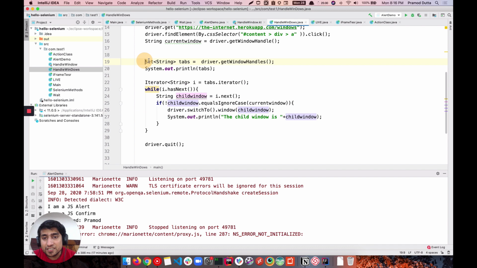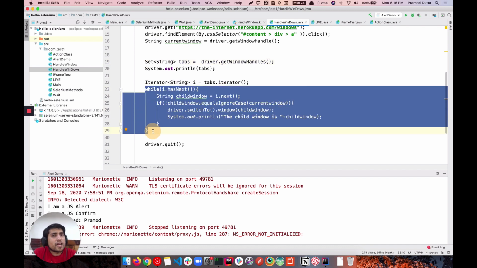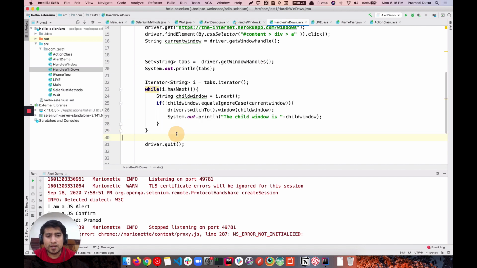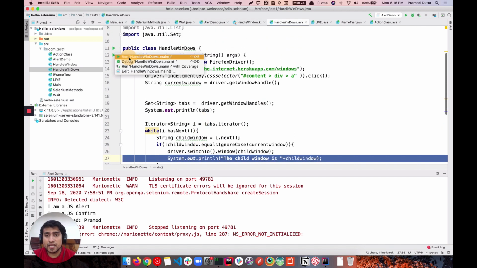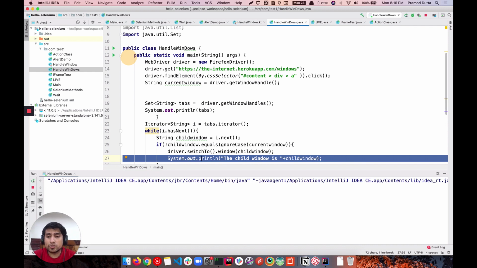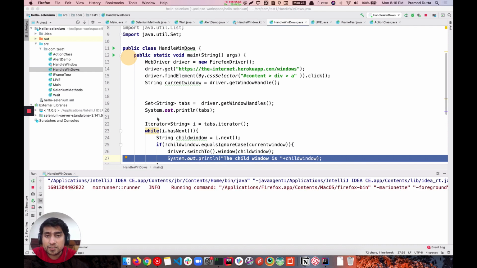But in the set, you have to basically iterate using the iterator. That's why we have used a while loop in that case. It's very simple, right? So that's what we have done. Now let's see this running, and let's see how it looks. It will run quickly, so make sure you pay attention, right?